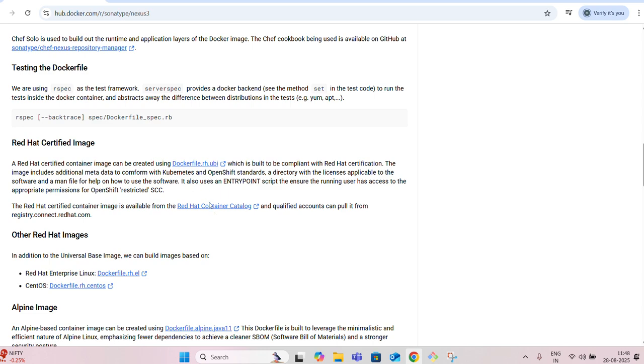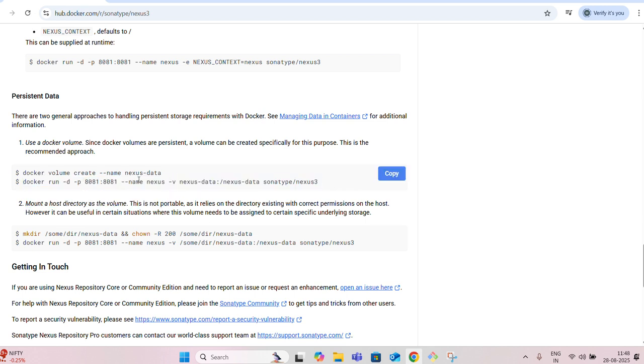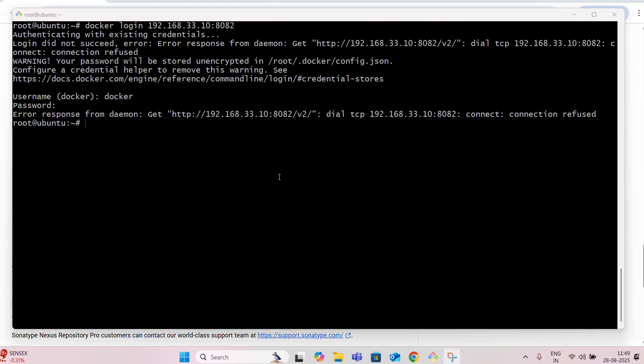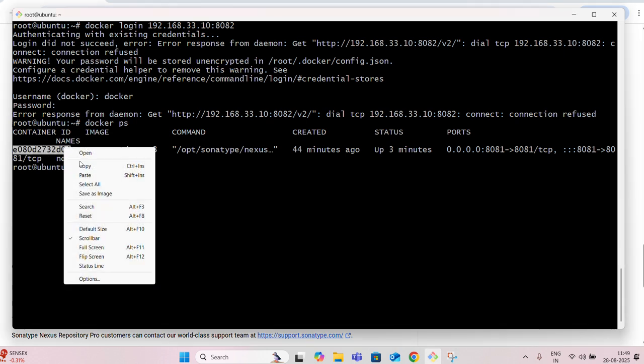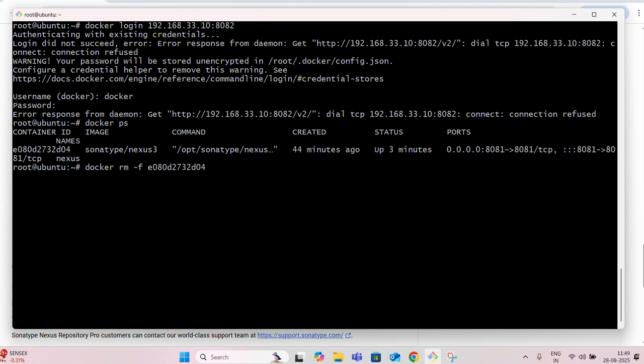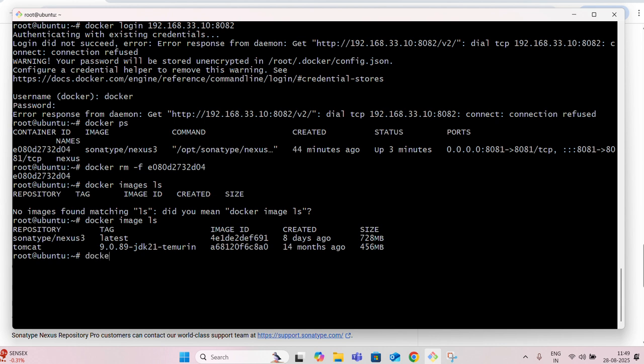If you check the port, we did not enable it. In the previous video I explained how to install the Sonar Nexus server, so I ran these commands. Here we only enabled port 8081. We did not enable port 8082. For that reason we are getting that issue. Now we can resolve this issue. I am trying to remove this container forcefully, and also remove this Nexus container.